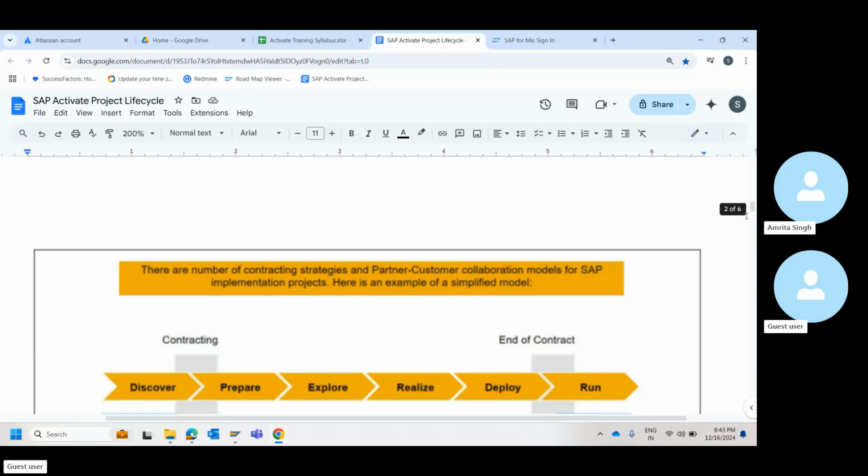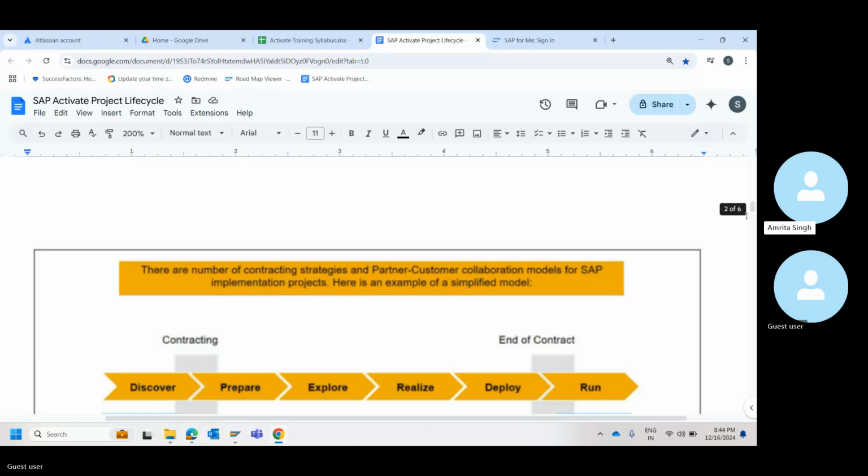This is one. It will also clearly give you the configurational values, which is the enterprise structure. The process document is the first thing. The second thing is your customization: how many customizations, what we are going to do. Number three is roles and authorization. These are three very important things. Though there are many other deliverables, these are the most extremely important things as part of the explore phase. So number one is the process document, number two is customization, and number three is roles and authorization.